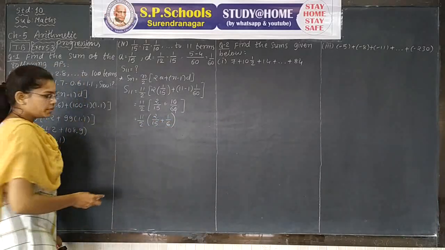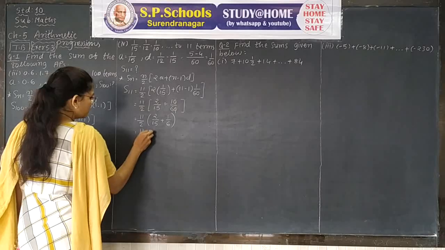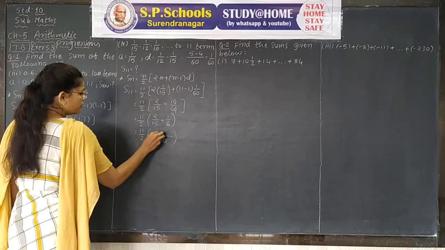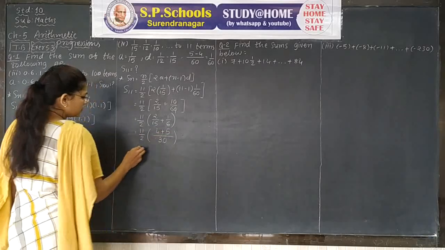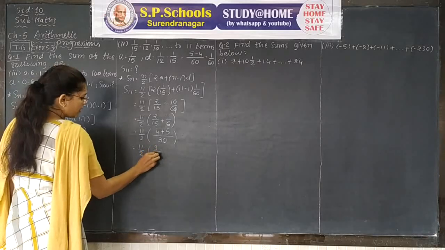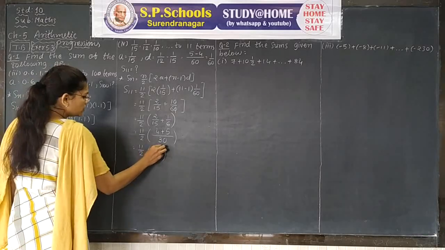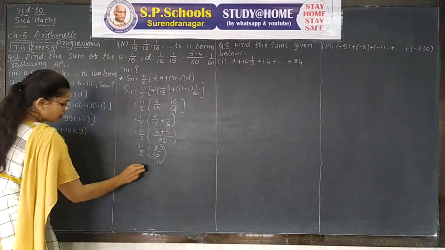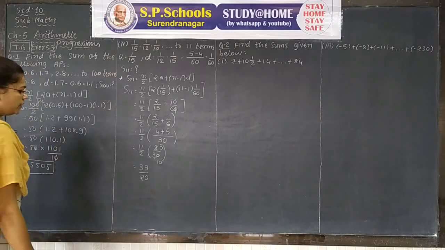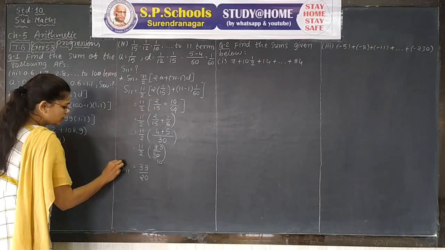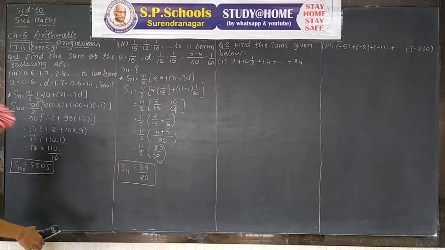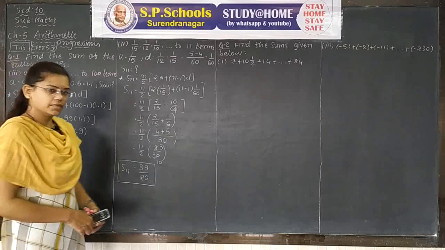First of all, solve the bracket. To solve the bracket, we take the LCM. 30 is our LCM. Two 2s are 4 plus 6 5s are 30. So 11 upon 2 into 4 plus 5, which is 9 upon 30. Cutting is possible: 3 3s are 9 and 3 10s are 30, so 11 times 3 is 33 upon 20. 33 upon 20 is our sum of the first 11 terms in the given AP. And the first question is completed. Try the first and second by yourself.